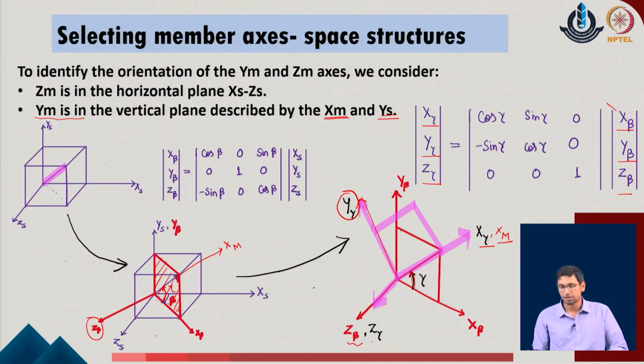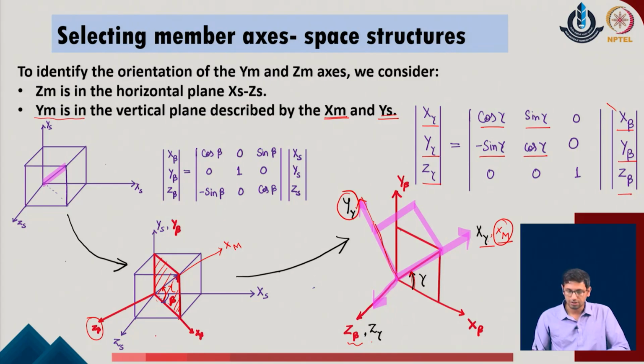And by doing this, we get the expression as cos alpha, sin alpha, minus sin alpha, cos alpha, and with respect to z we are not changing anything, so this happens to be 1 in the given problem. So, we did two rotations, one about the axis y, second about the new axis z, and that way we are now able to locate at least two points, one which is aligned across the member direction. So, this is our x of gamma or x of m in the given system.